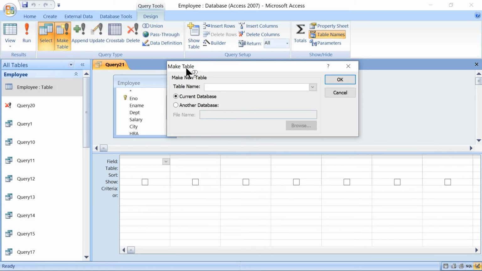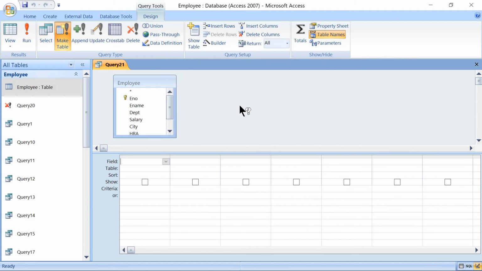Make table dialog box will be displayed, and here comes the table name. Table name will be new EMP. We will take it in the current database itself, not in another database. Let's take the current database. Click OK. Right. And here we have to take all the attributes: employee number, employee name, department, salary, city,